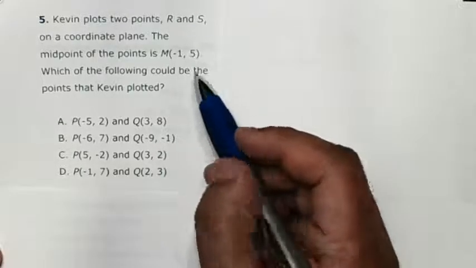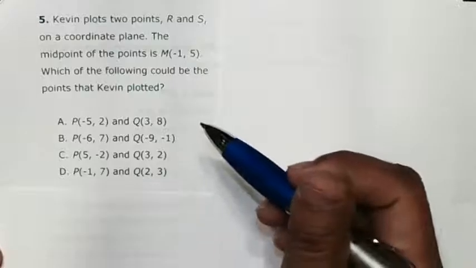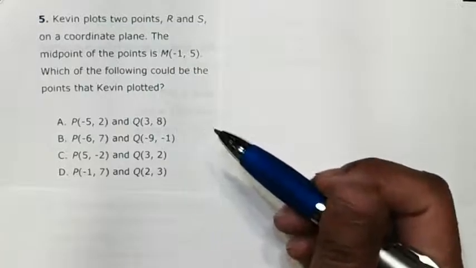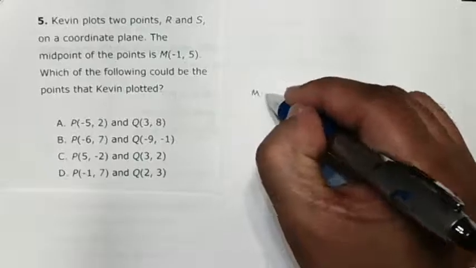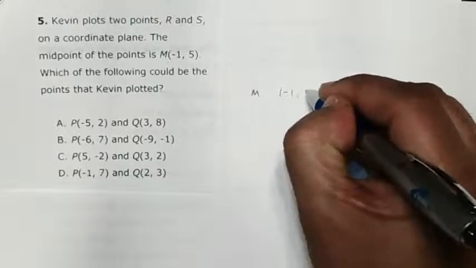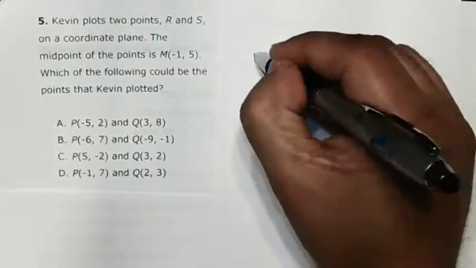Alright, number 5, Kevin plots 2 points R and S on a coordinate plane. The midpoint of the points is -1, 5. Which of the following could be the points that Kevin plotted? So on this one, they give us the midpoint, and we have to find the 2 possible endpoints. So I have M, which is at -1, 5, and I want to find R